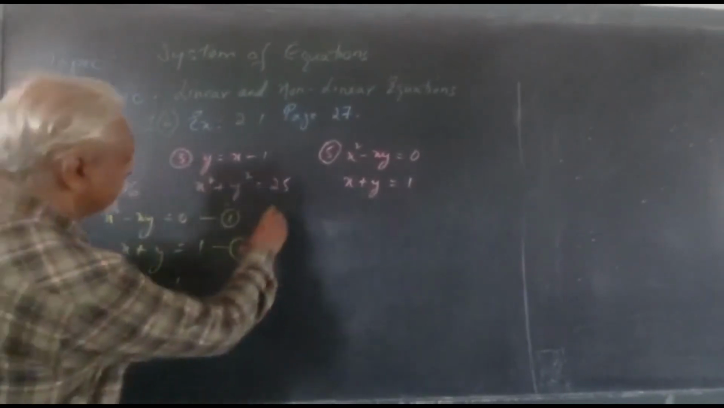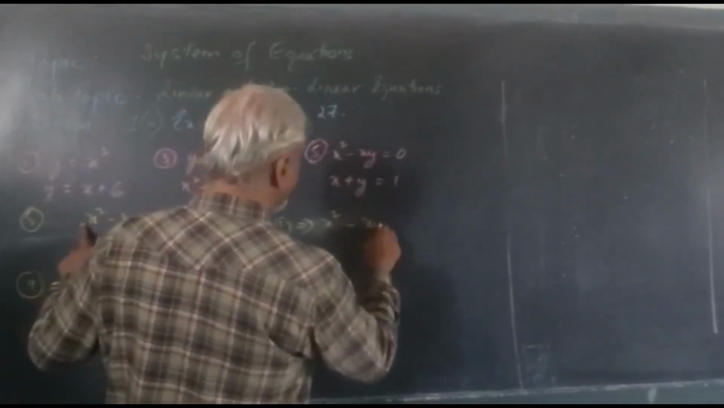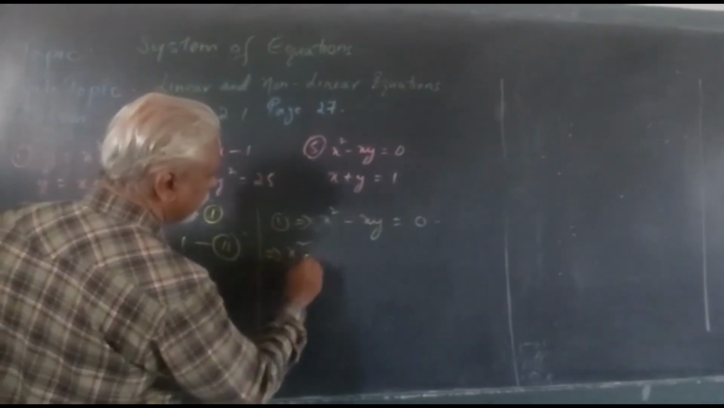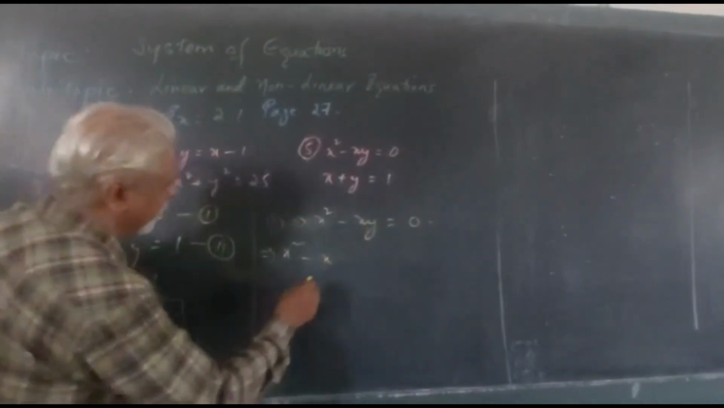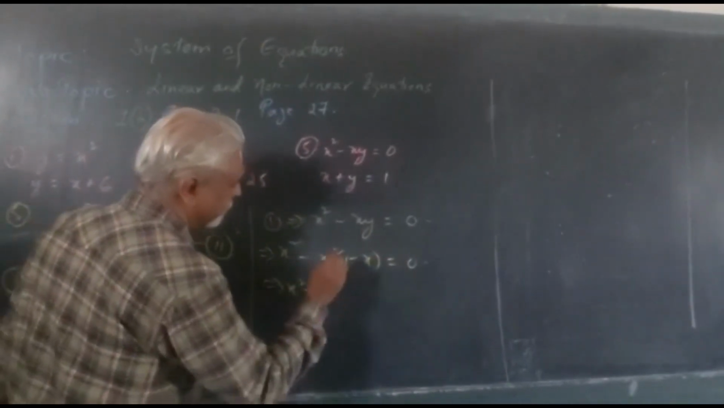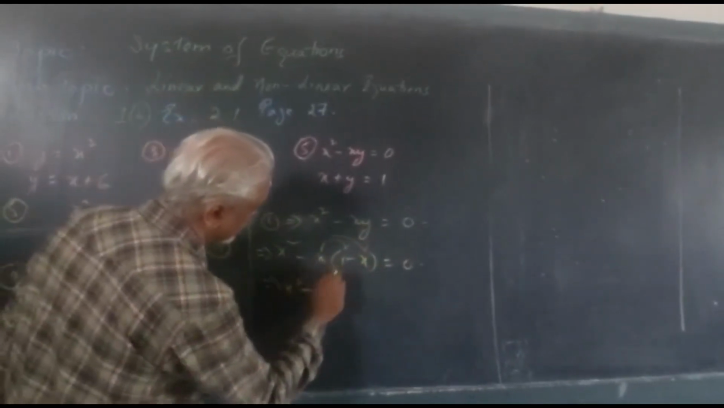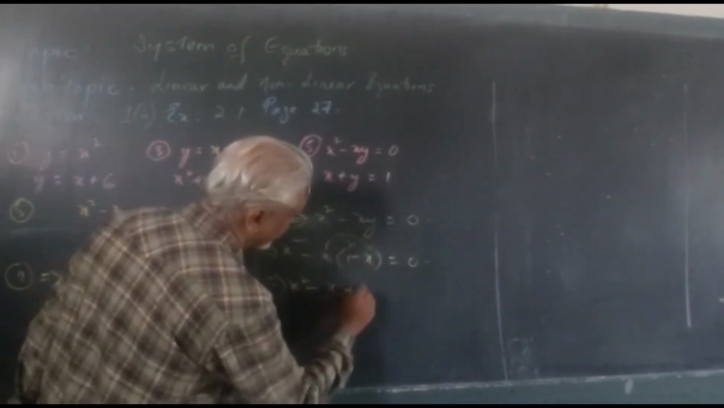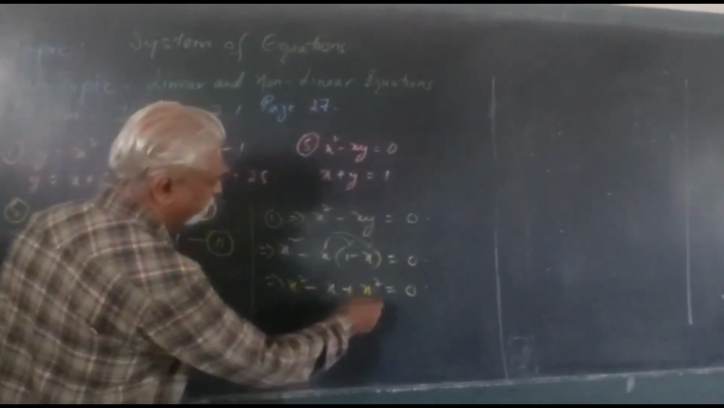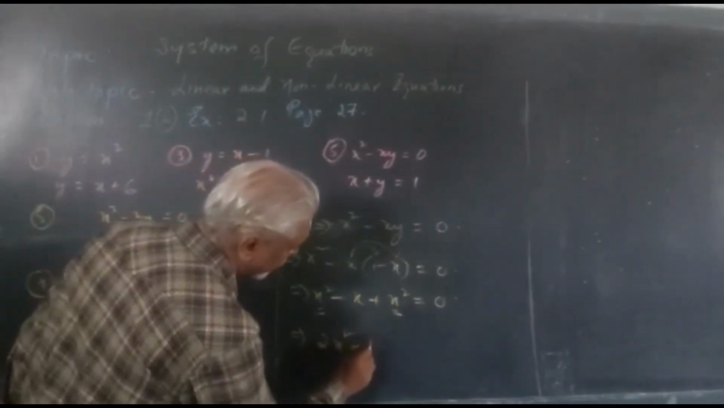Now this value, y equals 1 minus x, we will substitute in the first equation. The first equation is x squared minus xy equals 0. So we have x squared minus x times the value of y, 1 minus x, equals 0. In order to remove this bracket you have to multiply x with 1 minus x. So minus x, and minus times minus gives plus x squared, equals 0. To bring it to quadratic form, the like terms need to be added. x squared plus x squared will give you 2x squared minus x